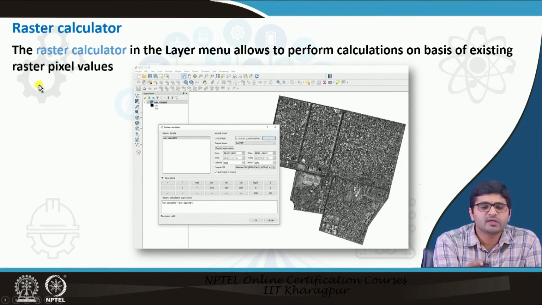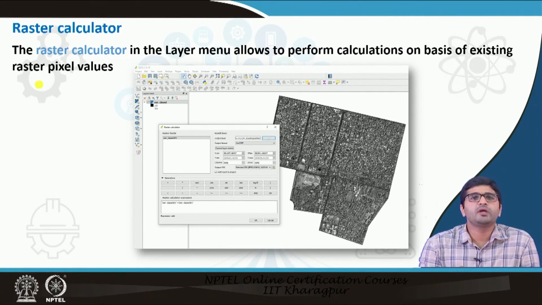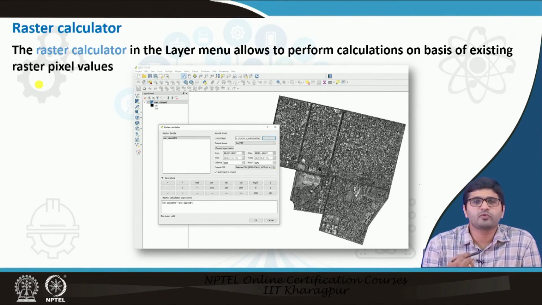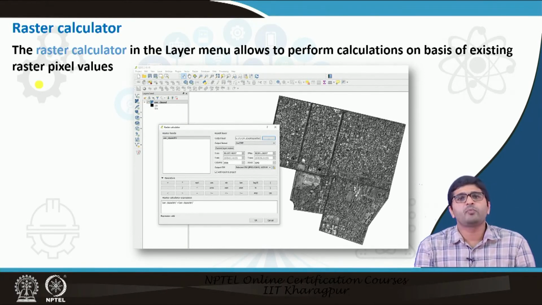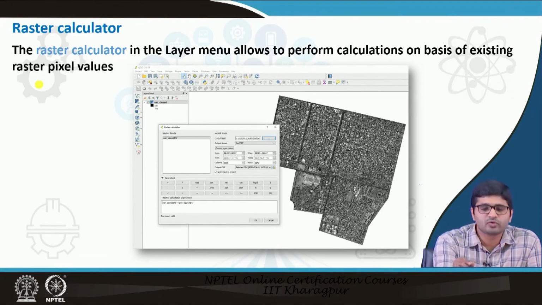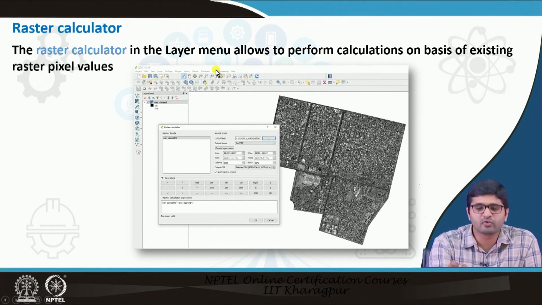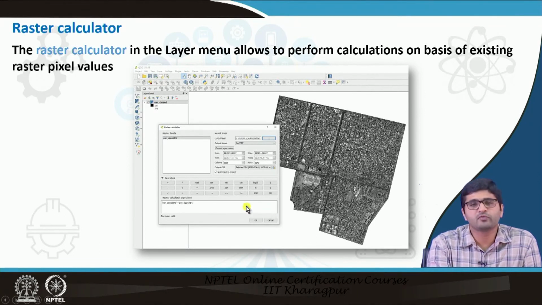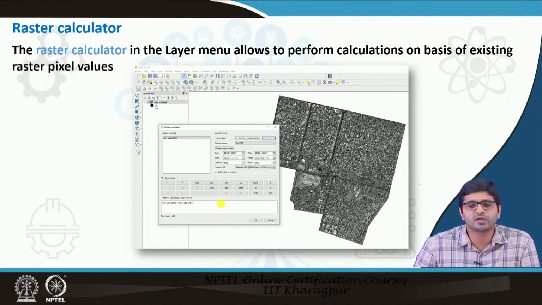So one more main functionality is the raster calculator. If you want to perform any kind of analysis, such as indices, or mathematical operations on rasters, you can go to Raster and Raster Calculator. This particular window will appear here. Using mathematical functions, you can perform any of the mathematical functions on raster bands. Each and every band will appear. So if you are using RGB and NIR bands, you can perform NDVI or any indices using the raster calculator functionality.